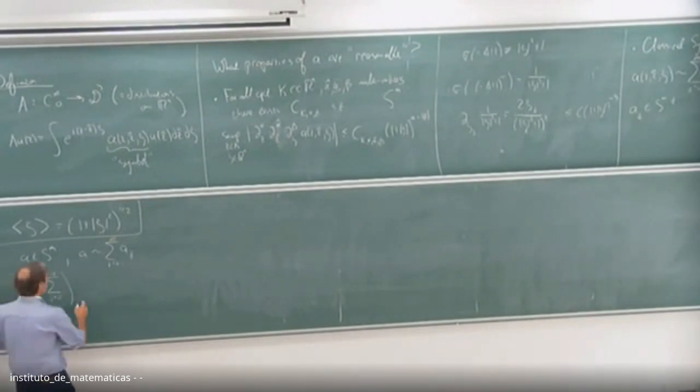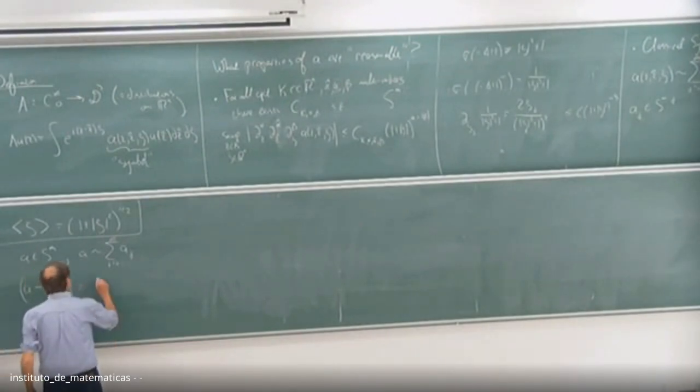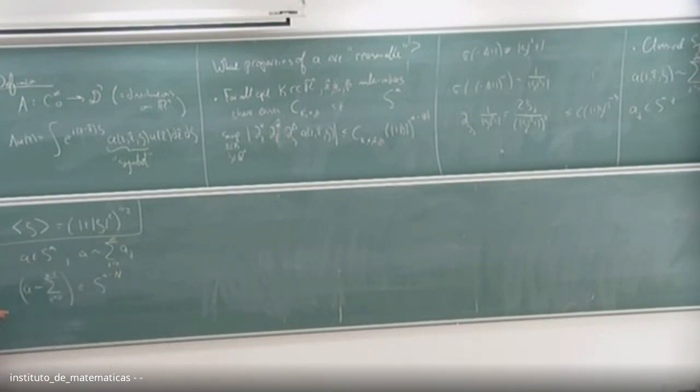What is the next term? Well, this is like A sub n, which is supposed to be in S^(m minus n). So this is exactly what the squiggle means. If I take A minus any finite sum, so I'm not doing anything infinite here, then I get something as good as the very next term of the series. So this is what a classical symbol is. And again, this is exactly what Taylor series are to smooth functions.